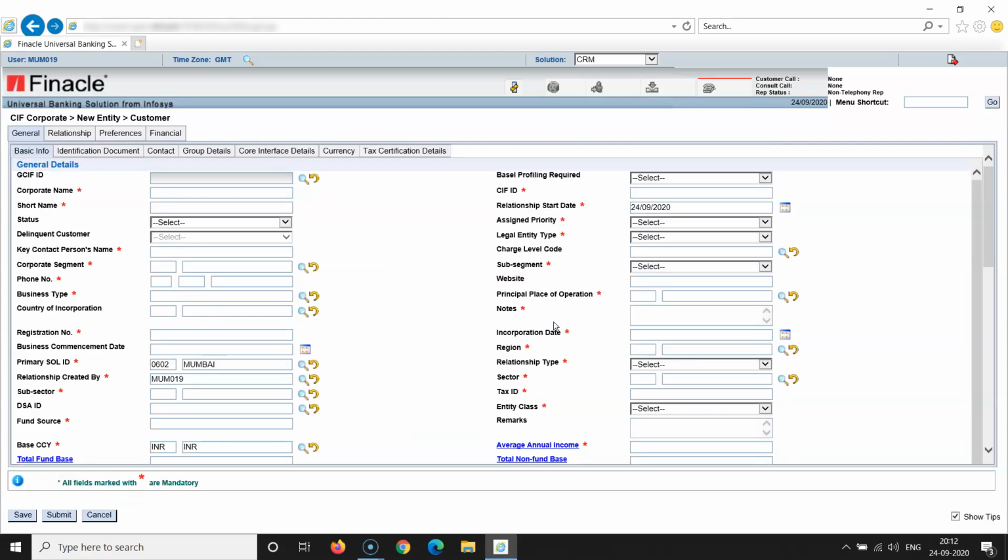So I hope with practice you'll learn all these fields. I have explained the meaning of all these fields which are mandatory as per the system. So I hope this will be of good knowledge to you. That will help you when working in the branches. Now I will try and show you in the next video how to approve this as a verifying authority here.